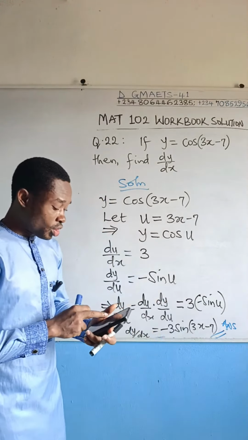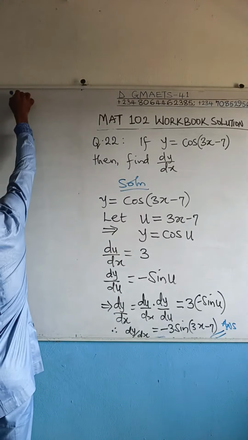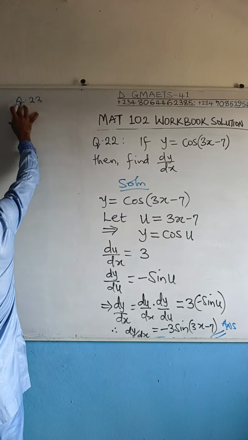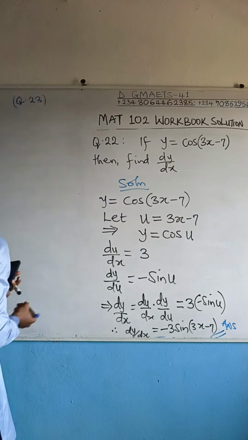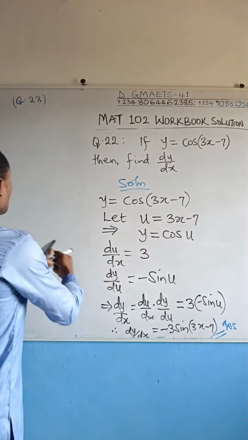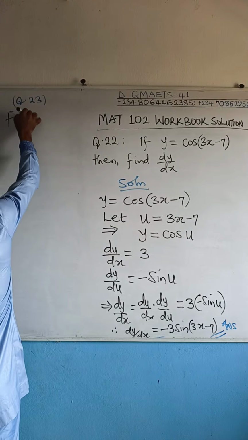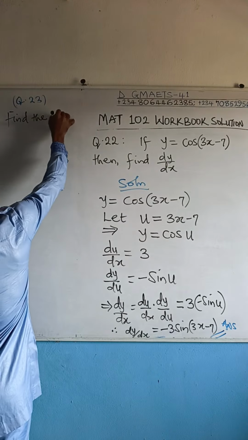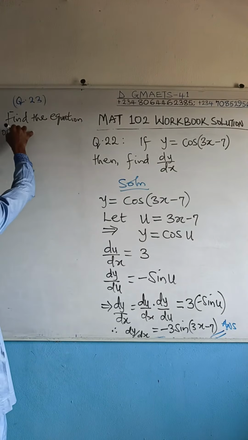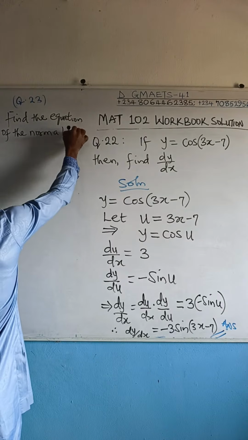Let us move on to the next question, question number 23. Without wasting much time, I'll be fast in solving this question. Let's see what we have in question number 23. And then the question goes this way. Find the equation of the normal to the curve